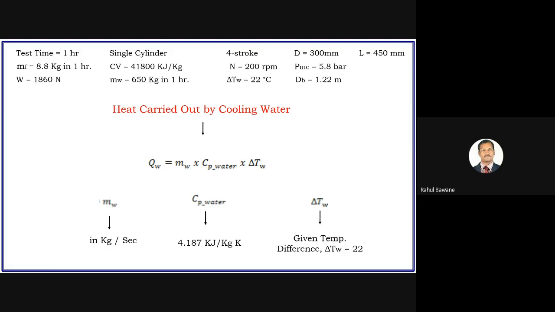So temperature rise means the outlet temperature minus inlet temperature. So it is a difference of temperatures of cooling water. So it is 22. Either you go with degree centigrade or with Kelvin, the temperature difference remains the same. So we have to consider what is the temperature rise. It is 22. Once we put all these values, the remaining part is the calculation. So it gives 16.63 kilowatt.